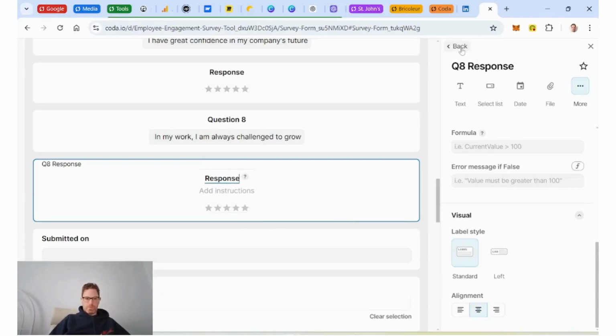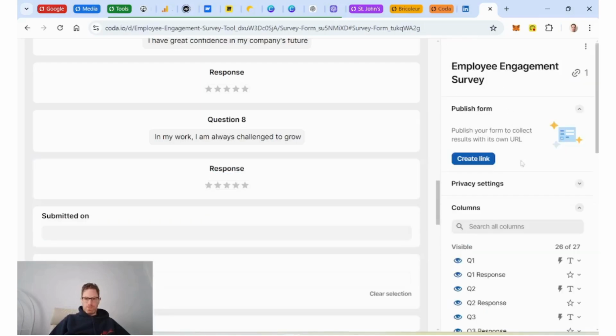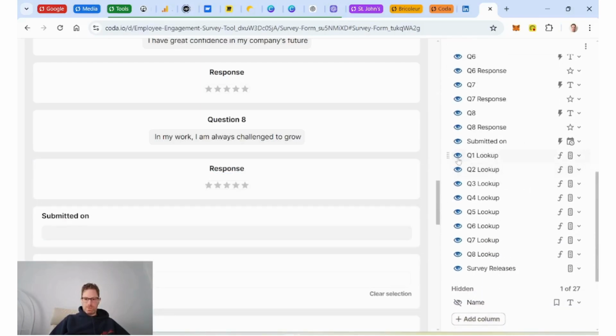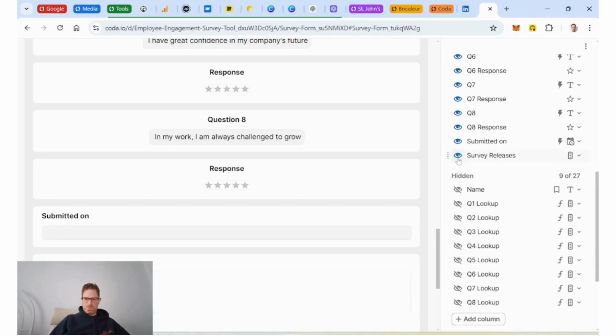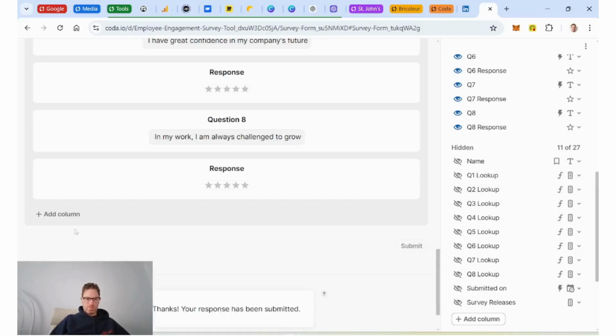Okay, I think we're good there. Then what we want to do is take off all this stuff. We don't need the lookups. Don't need the survey releases. Don't need submitted on. What we do want,